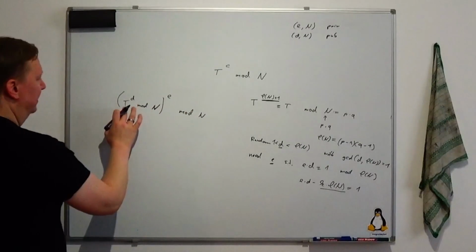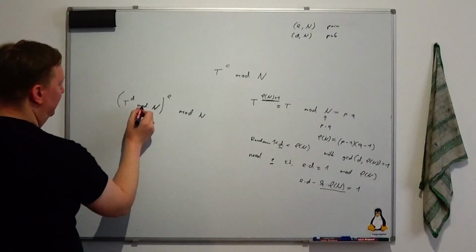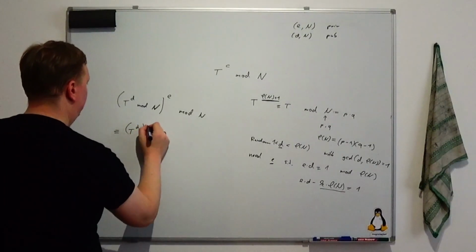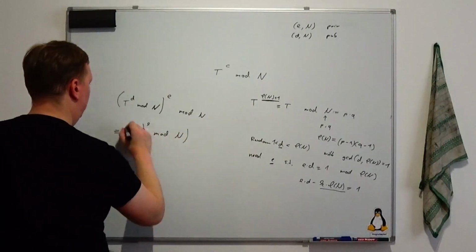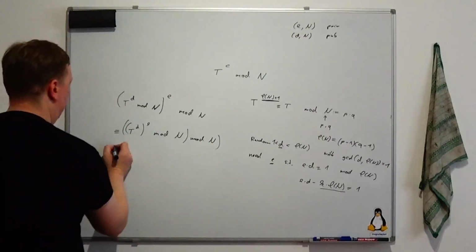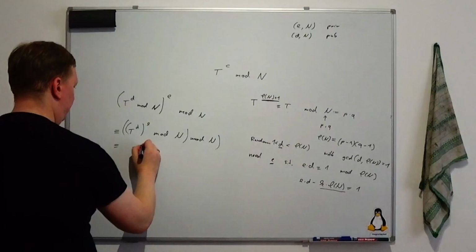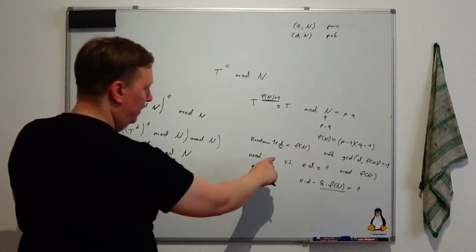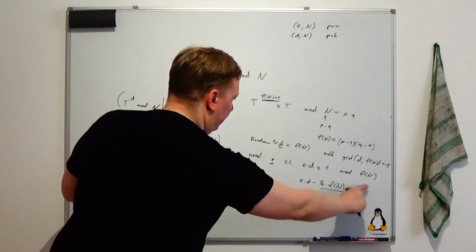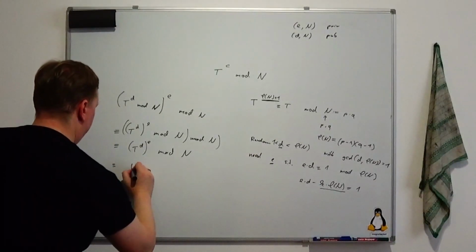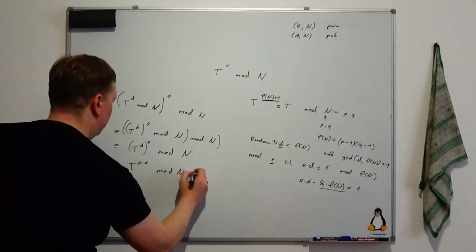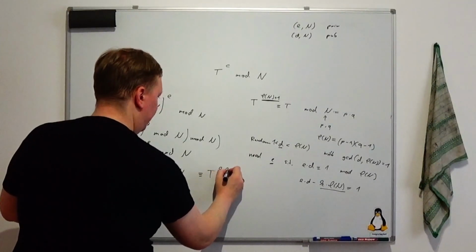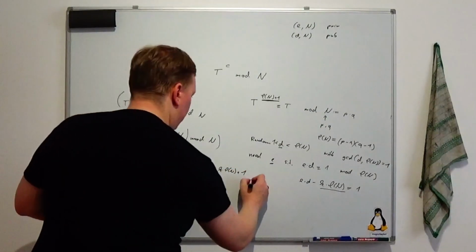And this will become the original t again, because t to the d mod n to the e mod n is congruent to t to the d to the e mod n mod n, which is equal to t to the d to the e mod n. Now we have picked d and e such that this equation here holds, which means that t to the d times e mod n is equal to t to the k times phi of n plus 1 mod n,